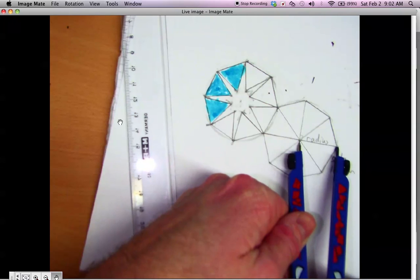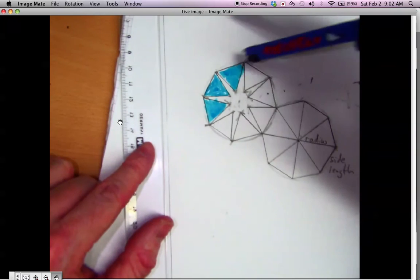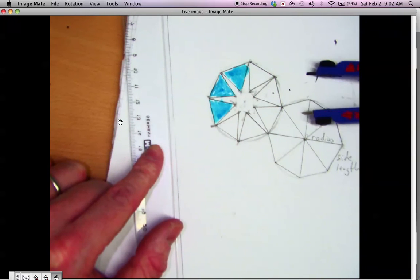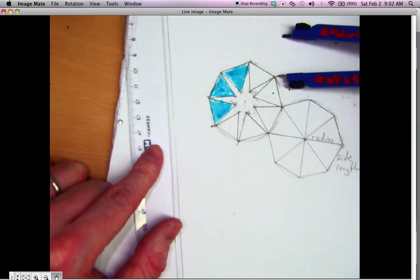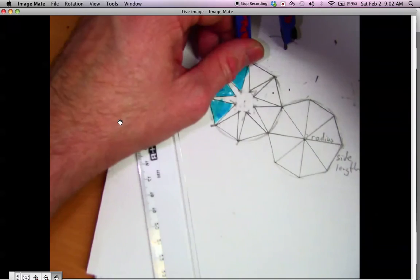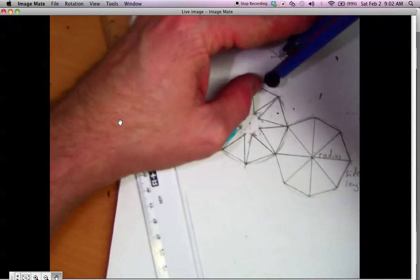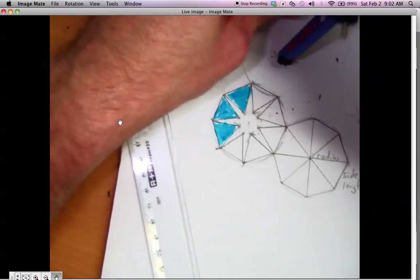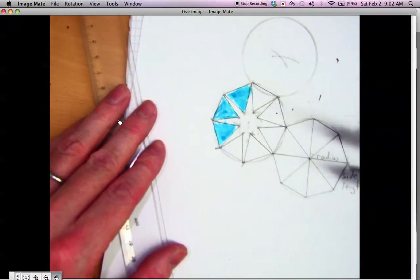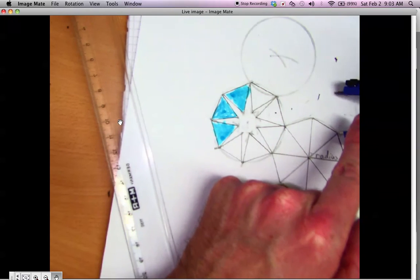So we're going to do that. We're going to measure that radius, and then you can make your octagon. Now don't make your octagon over here. Another thing here. You want a square in the middle. So you're going to make your octagon right here at this side, and then you'll have a square in the middle of your 4 octagons, okay? So you do that, make a circle, then you'll have an octagon here, and then you can go over here as well. Get the center,